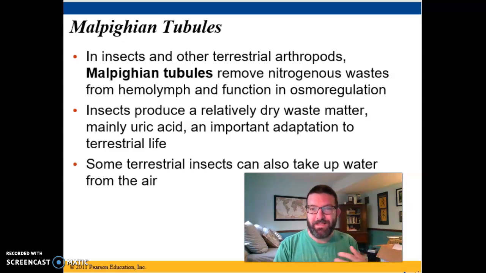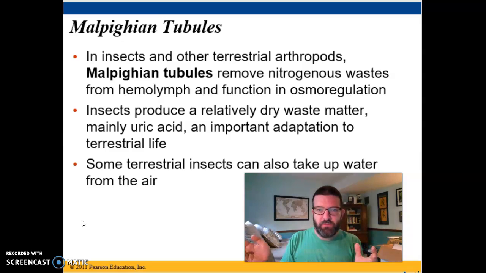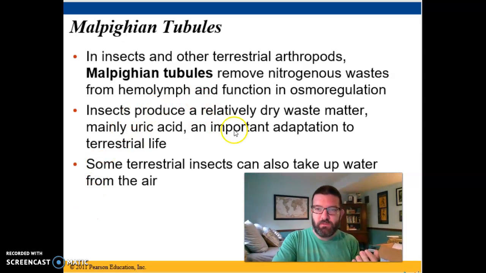Most terrestrial arthropods, like insects, do it a very different way. They have something called a Malpighian tubule. And this does not involve that filtration step where you're sort of pushing water through a filter. Instead, you essentially pump solutes across into the place that will be kind of like the bladder where you're going to get rid of the urine, and water follows, but then you reabsorb that water back into your body, and really all you have is some dry waste matter that's primarily uric acid, because a lot of these insects evolved